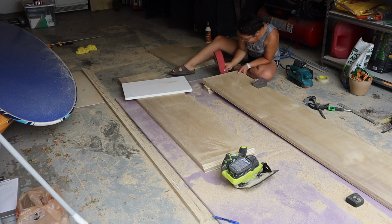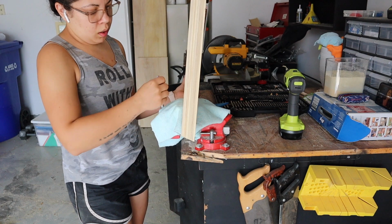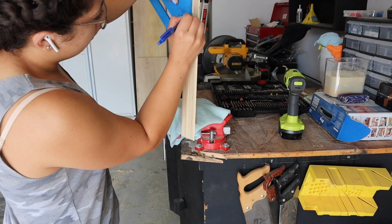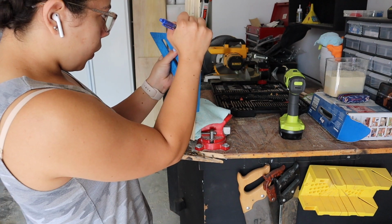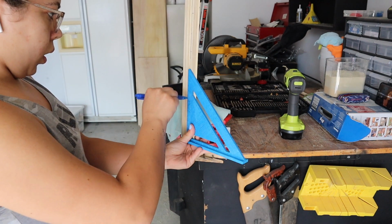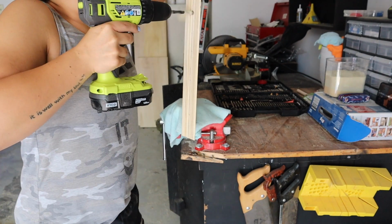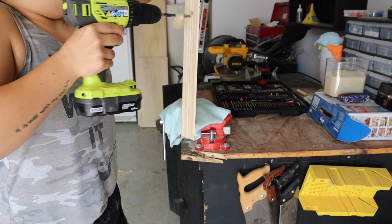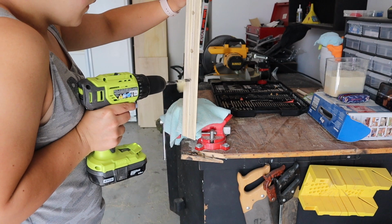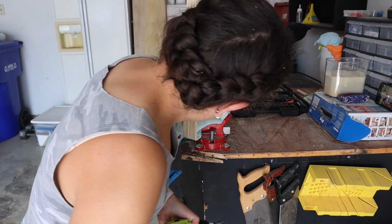After sanding all my cuts, I used some of the scrap pieces to test out my drill angle so my joints would be secure. To get the correct angle, I ended up placing each piece into my vice grip for stability and using my speed square to measure the location of each hole and help me match the correct angle I needed to drill in at. To keep from going through the back of the pieces, I taped the drill bit to show where I needed to stop. Shortcut number 4,